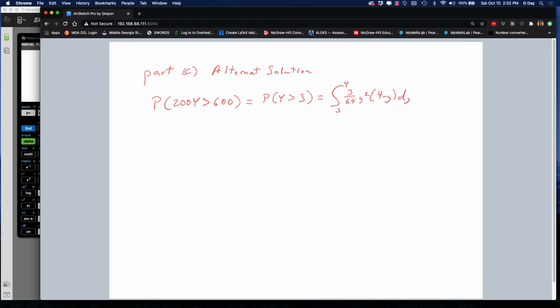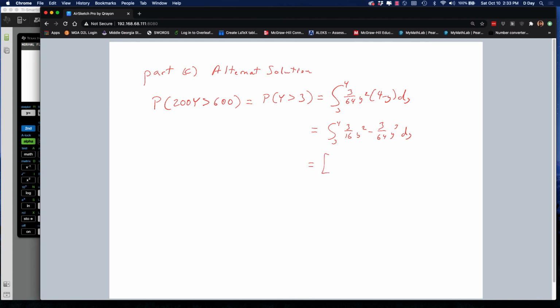That probability will help us determine whether seeing $600 or more would be unusual. All right. So I'm going to just do the integration real quick. It's the integral from 3 to 4 of 3/16 y squared minus 3 over 64 y cubed dy,